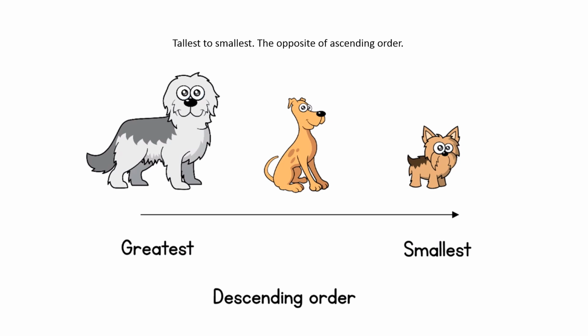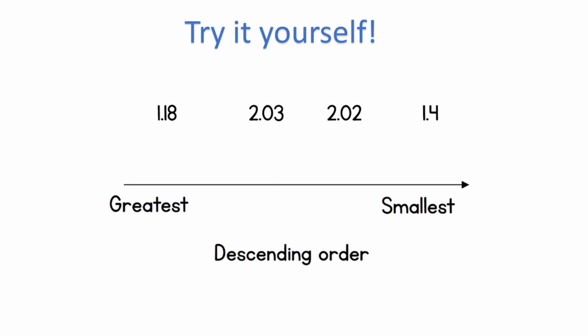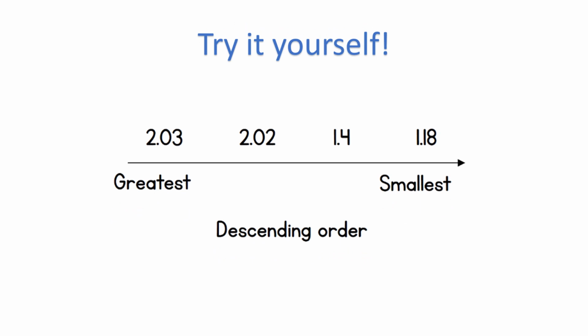So descending order is the opposite of ascending order, and sometimes with numbers they'll ask you to put them in descending order as well, so that's why we need to know this. So now we have the same numbers. I want you to place them from the greatest to the smallest, also known as descending order. Do this now. Excellent. So the greatest number was 2.03, 2.02, 1.4 and 1.18. Starts from the largest to the smallest, just going down,